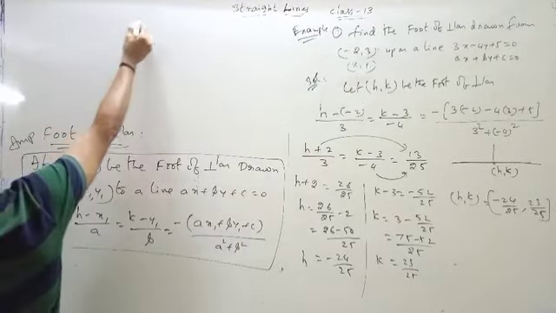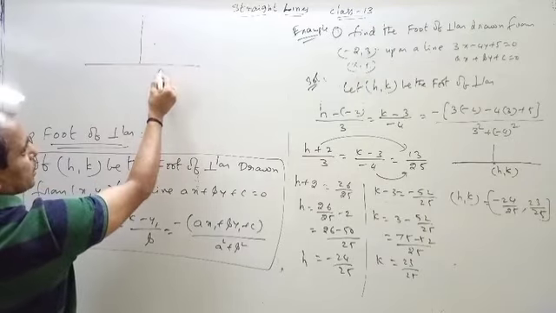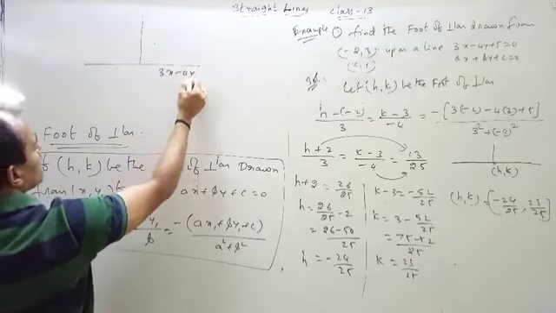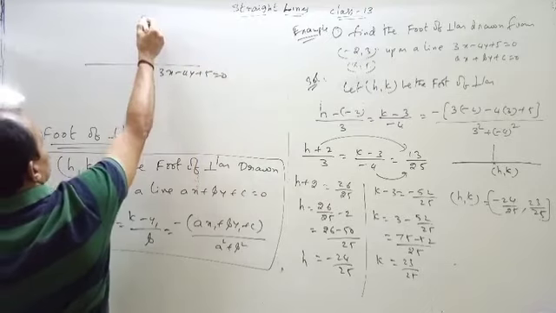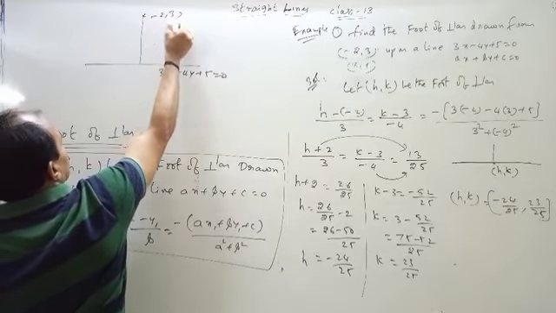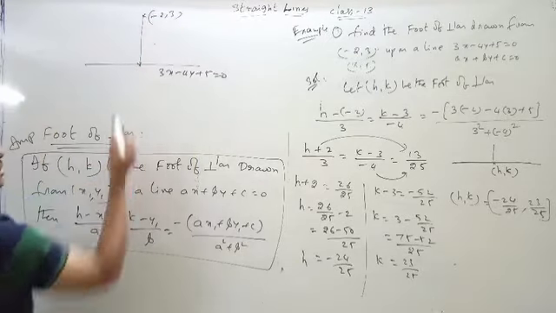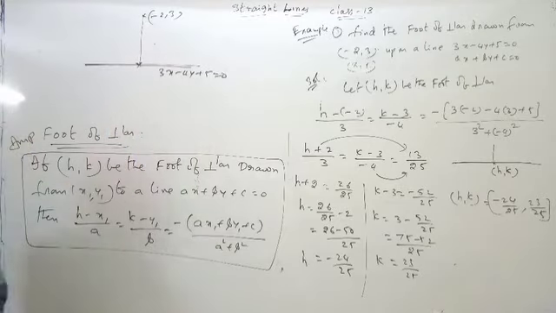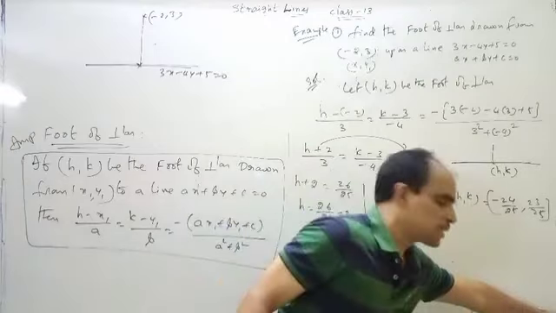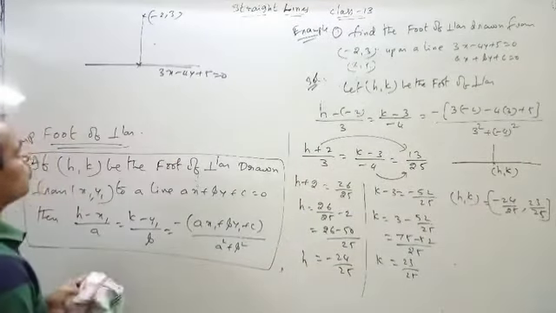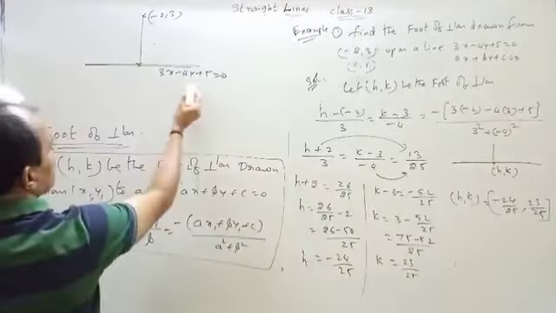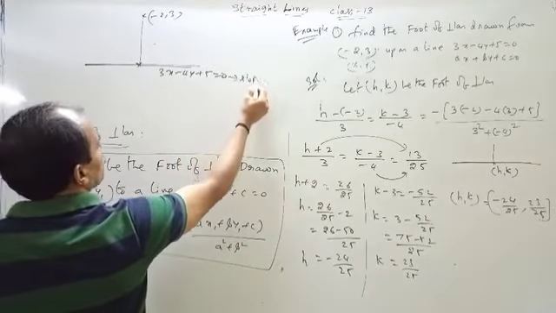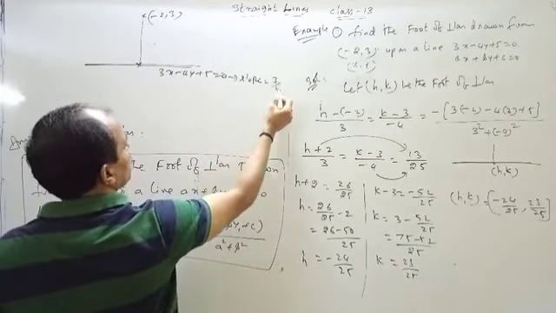That is, this is the diagram for the question. What is the line? 3x minus 4y plus 5 is equal to 0. What about this point? Minus 2 comma 3. We have to find this point. This point is nothing but point of intersection of these two lines. Okay? Point of intersection of those two lines. So, first you find the equation of this one. What is the slope of this one? Slope is equal to 3 by 4.